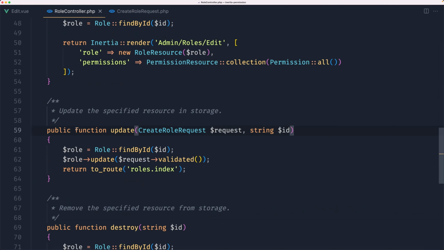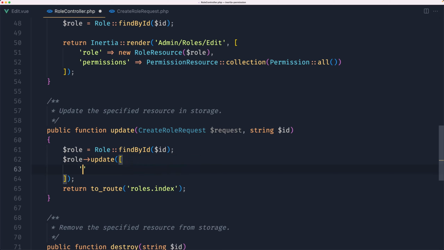Let's come now right here, and on the request validated, I'm going to add an array with name, which is going to be the request name. And then